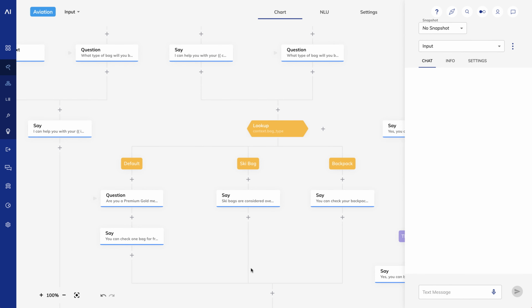Under the question node, I want to respond differently based on the user's response. How can I detect yes or no, given that this isn't a yes or no question? We can look in the input for clues. I'll just enter yes into the chat. I'll copy the Cognigy input to my Pathfinder.